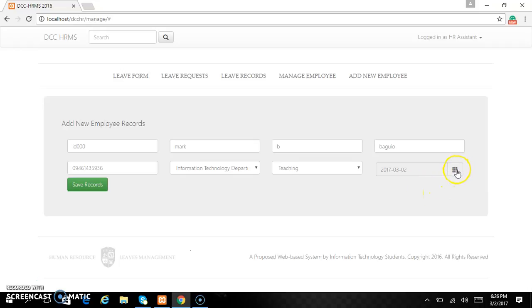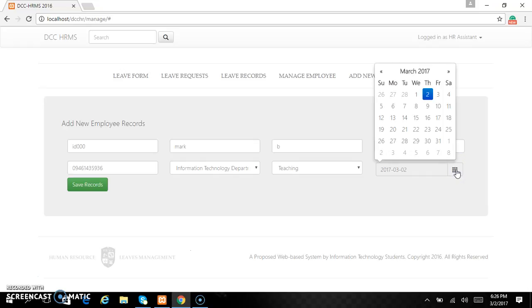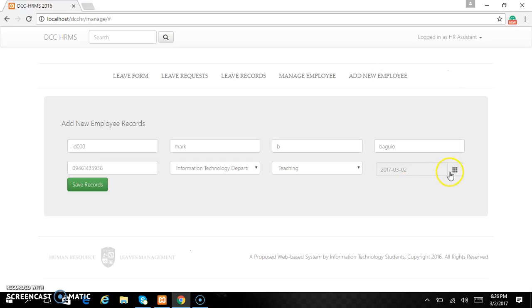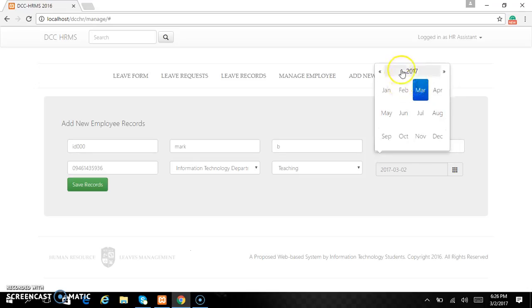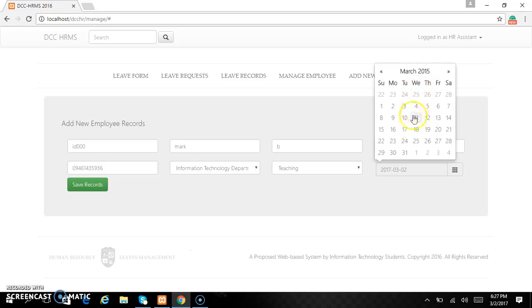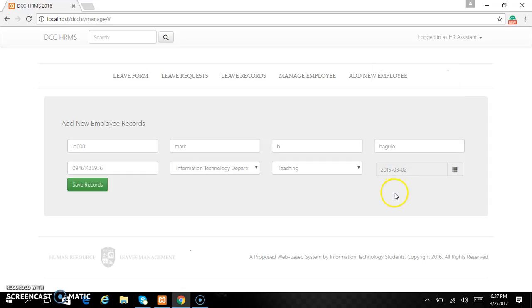You need to reach at least 1 year in service so that you are eligible to apply for a leave. So this time, we'll use this account to apply for a leave. I will set the date to 2015, then March 2, and this is now the date hired.